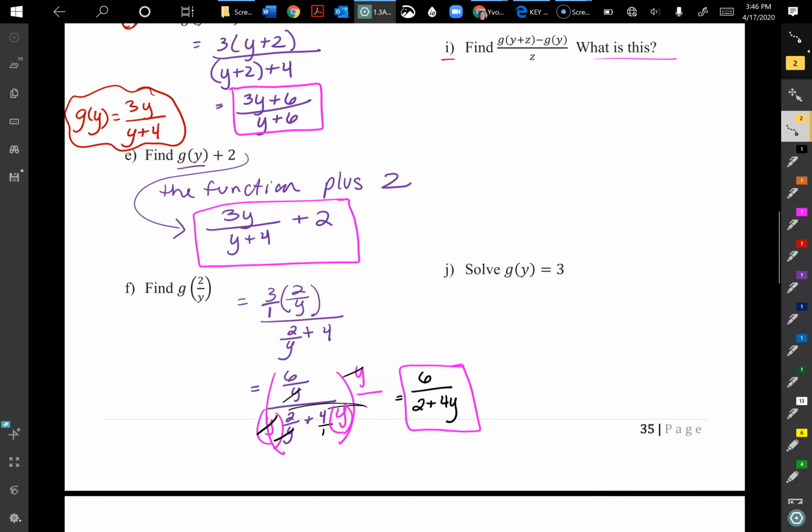And this one is a long problem. It's similar to one we did before, but now it's just a lot more complicated because we have all these letters. So g of y plus z and its fraction. So we're going to plug in that to our function. So we have 3 times y plus z. I'm plugging y plus z in for y. And then I have all divided by